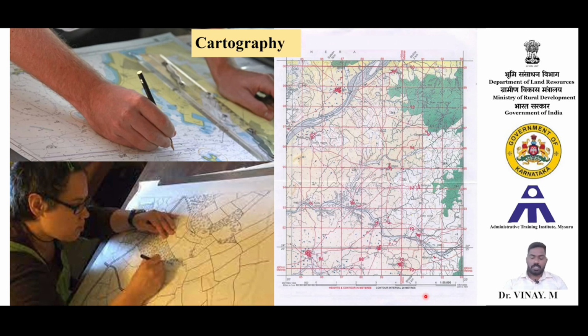And one more science or technology, you can call it both together, is cartography. Ultimately we are going to use cartography for the compilation of maps. Whatever land survey we do, ultimately we will bring it in the form of plans and in the form of maps. These maps will be beneficial for us in order to document the geographical properties